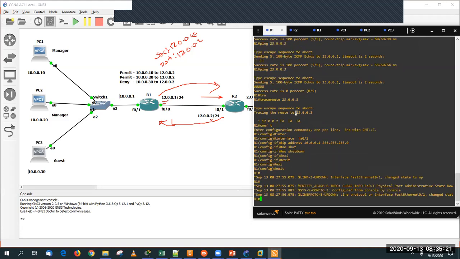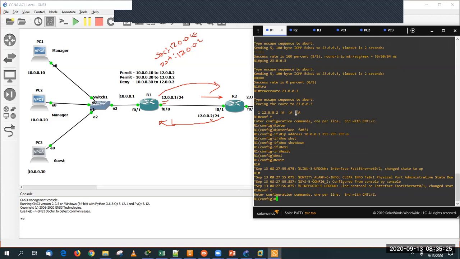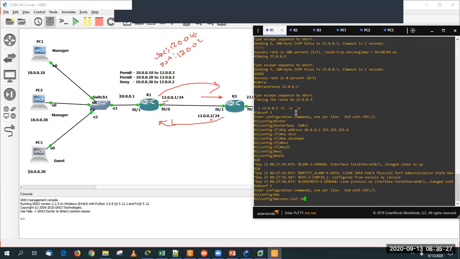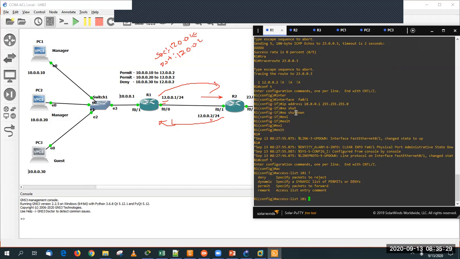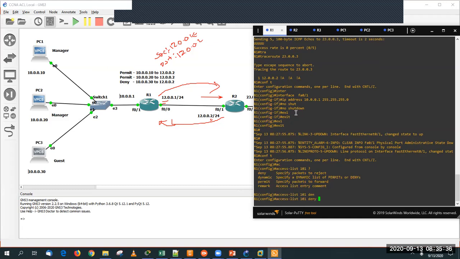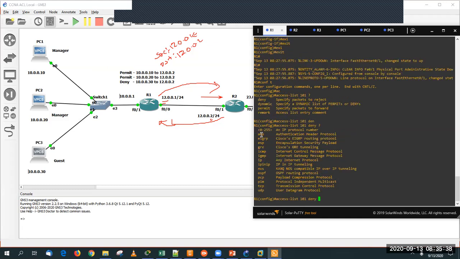Now let's write an ACL on R1. It's going to be an extended ACL. So I'm going to use a number 101, access list 101. Put a question mark here. It says deny, dynamic, permit or remark. I want to deny IP. Yes, I want to deny all the IP packets.